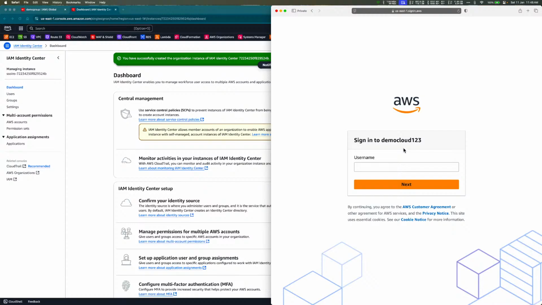I'm just typing democloud123, sign in. We can also change the look and feel of this window. Instead of showing the AWS logo, it can show a logo of your own company, right? You can change the background, how it looks like. Most of the things are customizable. So that way, a person who's trying to type in will feel that it's your own portal that you're trying